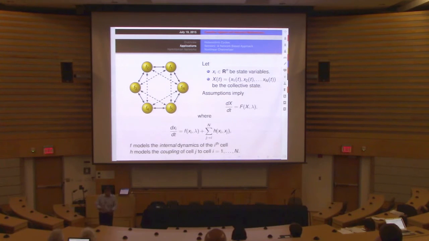So let's put things into context. This is just a standard definition of a network system. So we have the state variable of 8 nodes connected. Each node, we're assuming that they're homogeneous for right now. They're sitting in a vector space in Rn. So the network dynamics is defined by this vector field. Little f represents the internal dynamics of each individual node, and h is the coupling function that defines how the